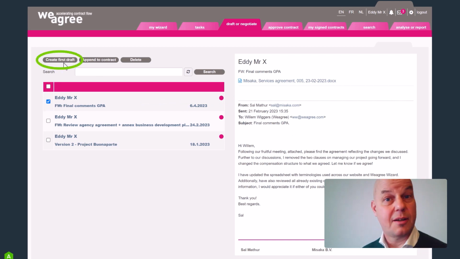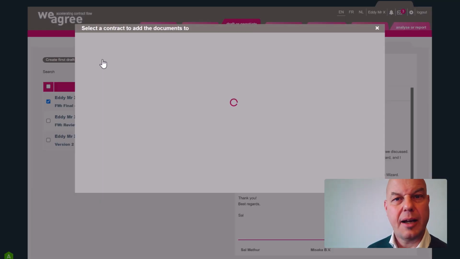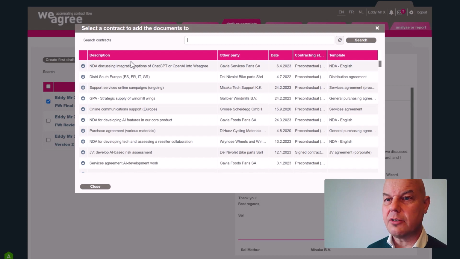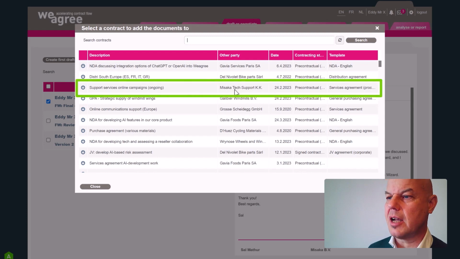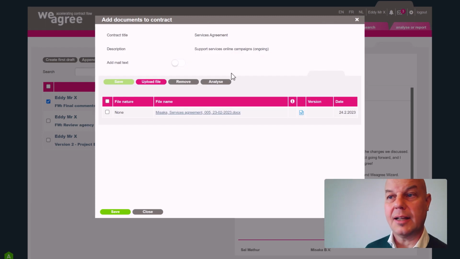The one is the first draft that I received from a third party, or it is a new version or new contract entry related files that I would like to append to an existing contract entry. Now, the latter is the case, so I append it to a contract entry. That is in this case Misaka Tech Support KK, and if I indicate that that's the file, I can also